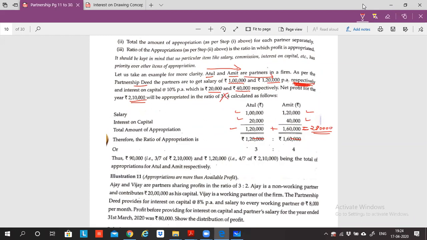So 4 zeros are in common, correct? So what am I left with? 12 is to 16, correct? Yes, sir. Guys, what I just did is, whatever common zeros there are, I eliminate. Here there are 4 common zeros in both of these items. So I've eliminated that. So what is the balance left?